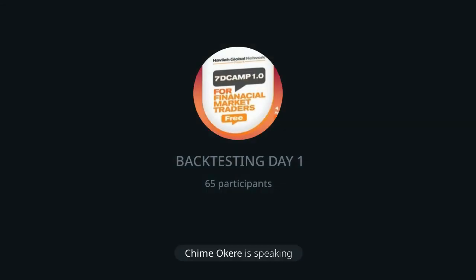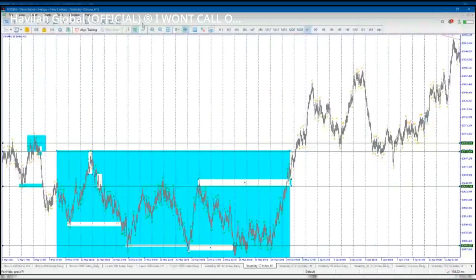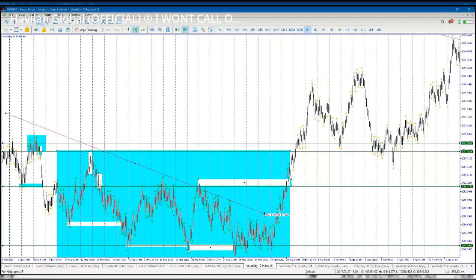A break of structure. It simply signifies that there is a break of this. It signifies a reversal, that this old down trend is ending. Let me delete all this. It's ending.